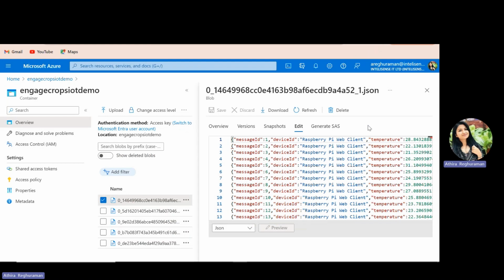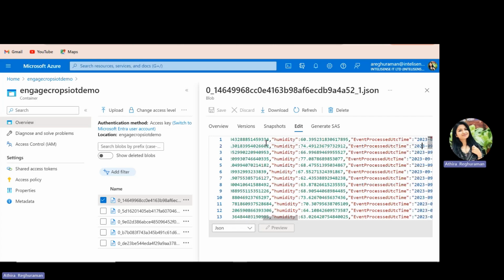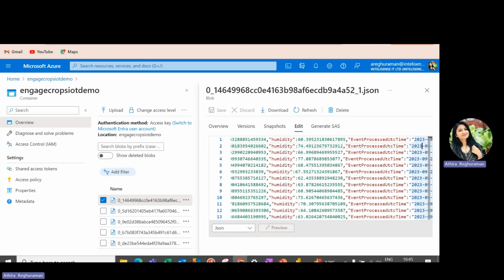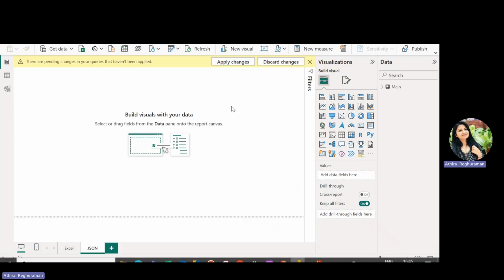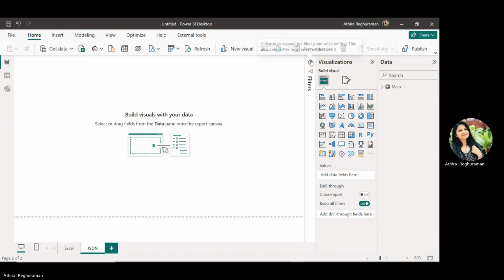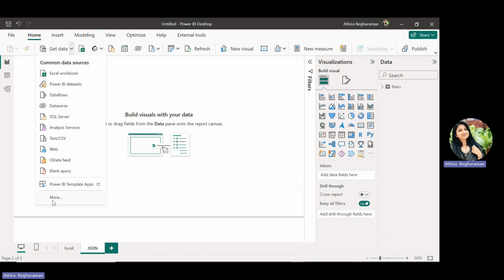Next, we are trying to get a JSON file format into our Power BI application. Here I have an example of the JSON file which is residing in an Azure storage under a blob container. I have these details from an IoT device which I want to get into my Power BI. So what I'll do is I will go to my Power BI desktop application, and when I go to get data and expand,